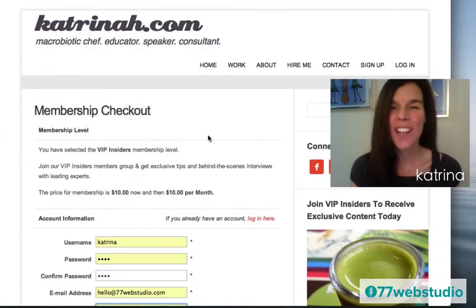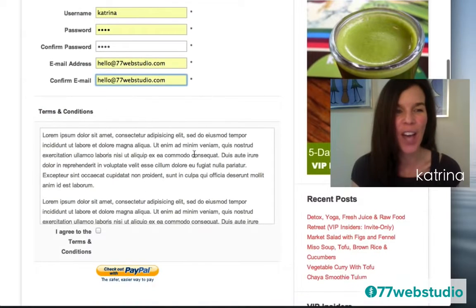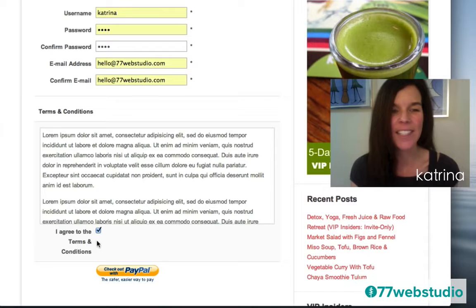And when a user clicks on select, they'll be sent to the membership checkout page, where once again they'll have details about the membership level that they're signing up for. Then all they need to do is fill in their account information, including their username, password, and an email address. Then they'll scroll to the bottom here, check out the terms and conditions, and click on this box that says I agree to the terms and conditions of this membership program. Then they can click on this button here, check out with PayPal, to check out with